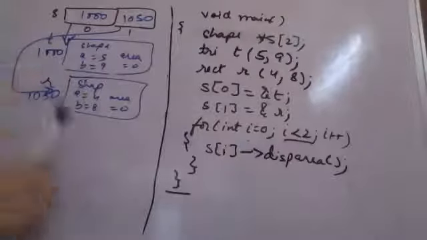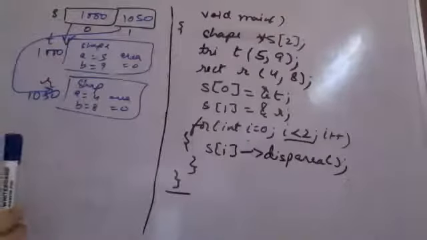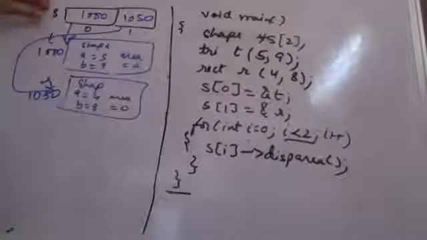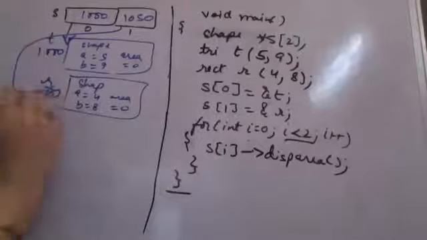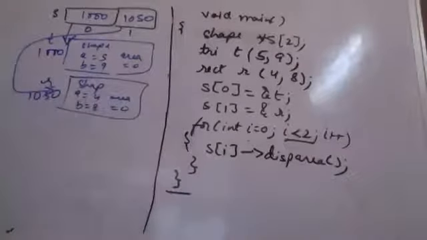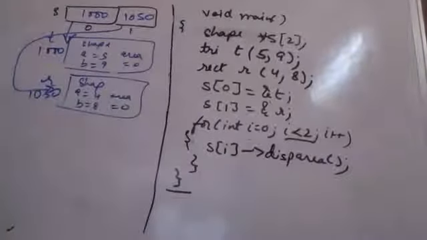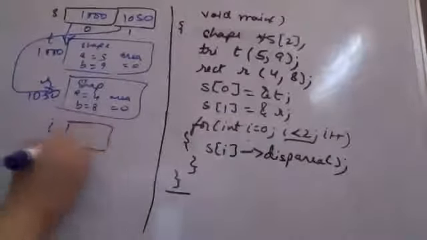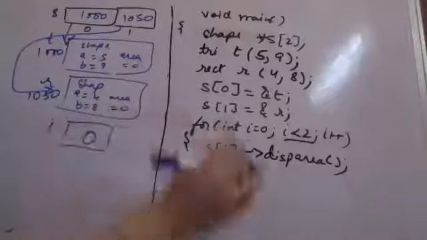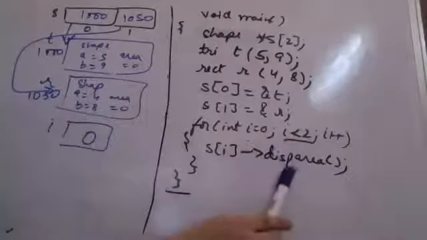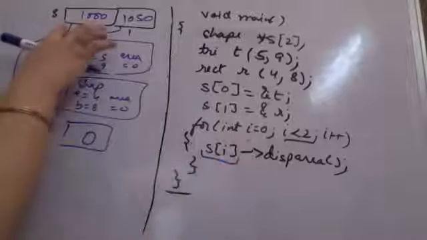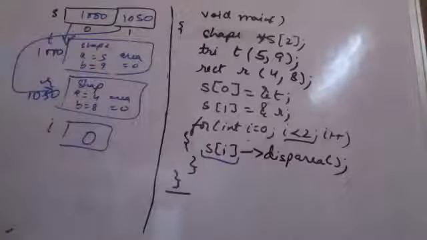And you can use them only using the virtual functions. Otherwise list create करने का भी फायदा नहीं होगा. आप सिर्फ base class का ही part access कर पाओगे. Now when you are using this, for I is equal to 0, I is running till 2. So you are creating an I which is having a value 0. Now you are saying S of I, say you are calling the display area. S of I is representing the address of one of the pointers.